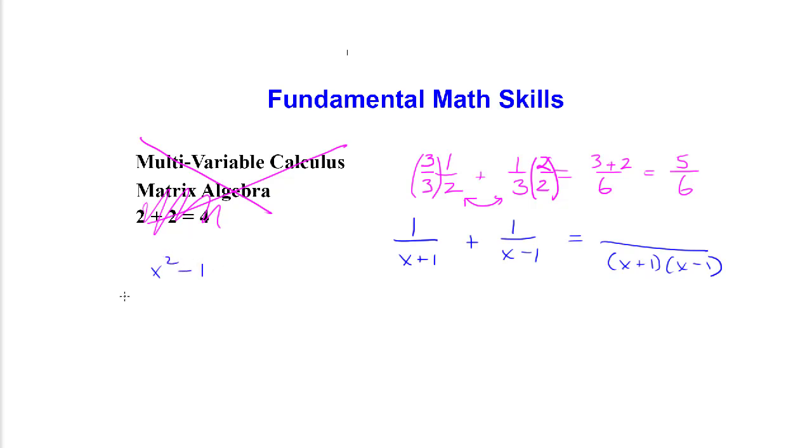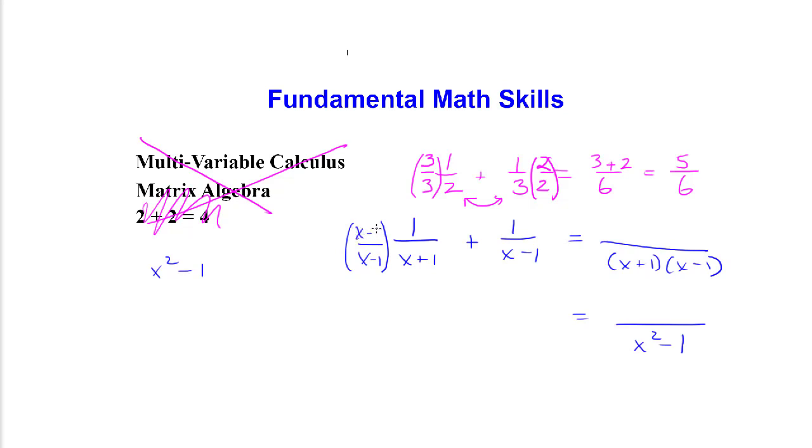That's a little more advanced. We'll get into that in our SAT math studies, but we'll just keep that in mind. So the next line, I'm going to write that as x squared minus 1 in the denominator. Now, I can't just do 1 plus 1. A lot of students try to do that with variables. Why, I don't know, because we didn't do it with the numbers up top. We know we had to take a second step of finding the equivalent fractions. So how do I find the equivalent fractions here? Well, again, I know I multiply the x plus 1 times x minus 1 in the denominator here,